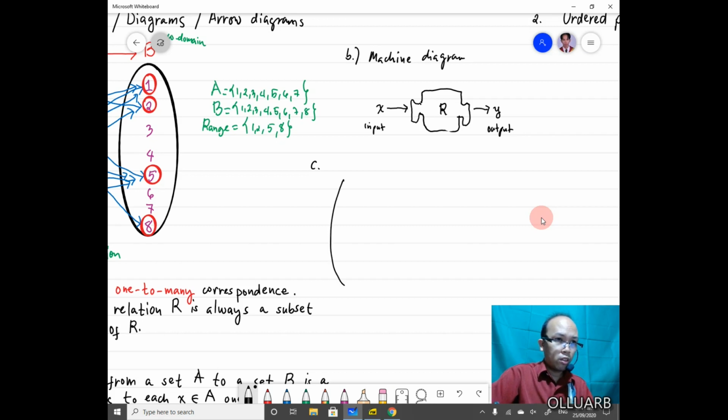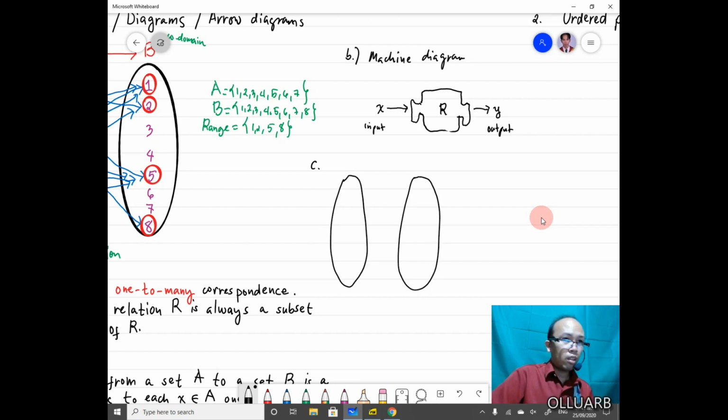Okay, so for example, if you have a diagram like this, this is your A, this is your domain, then this is your codomain, then you have a mapping here. This is your R, this is R1, R sub 1. If you have an object here like X, or another object here like A, or another object here like P,